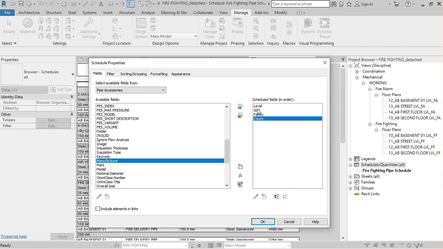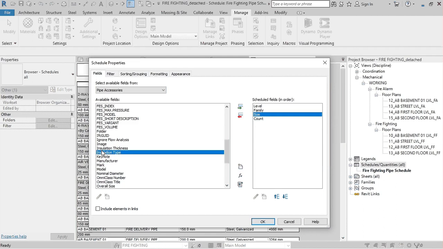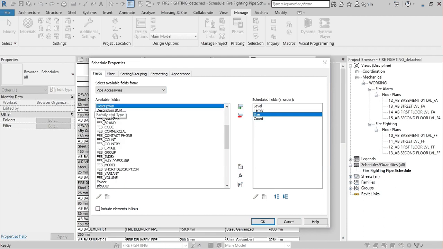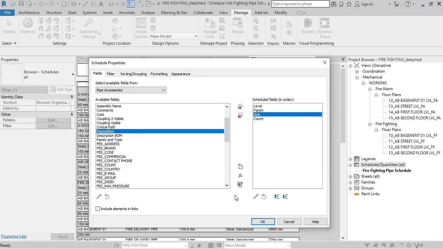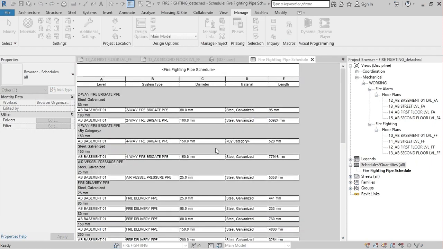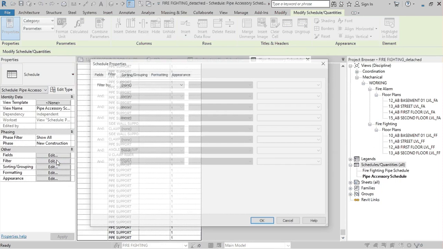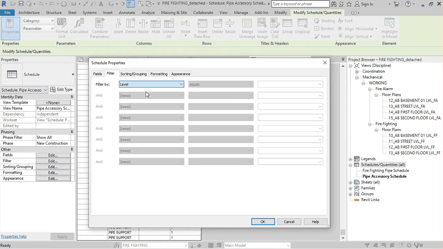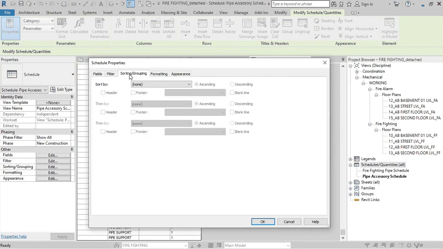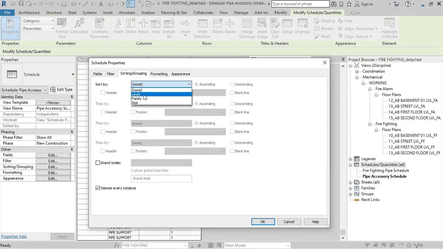I can set the field arrangement and put OK. Again I can select the filter, whatever it is. For the filter arrangement, we need the floor in particular, so we give the level name.